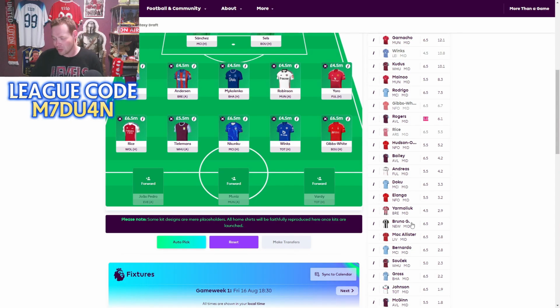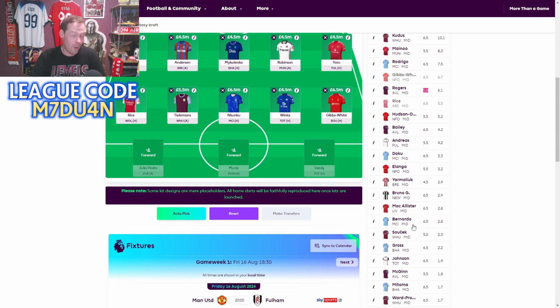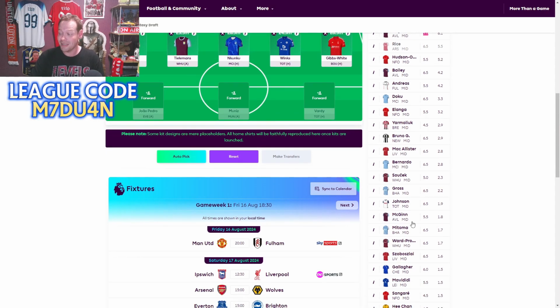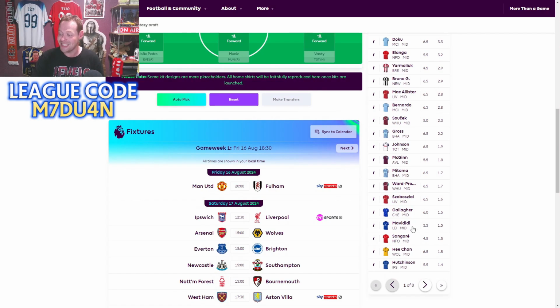Bruno Guimaraes, I'm not so sure about. McAllister, again, it's unsure how Liverpool are going to be playing at the start of this season. Bernardo Silva, when he plays, 6.5 is a bargain. Pascal Gross has been replaced by João Pedro as Brighton's penalty taker, and believe me, we'll get to him. But he still takes all of their set pieces, so he's a good value at 6.5. John McGinn will be taking Villa's penalties when Tielemans isn't on the pitch, so he's potentially a good option as well. And then finally, I'd probably say the likes of Mavididi at 5.5 for Leicester isn't bad,